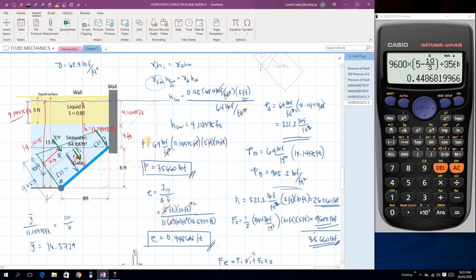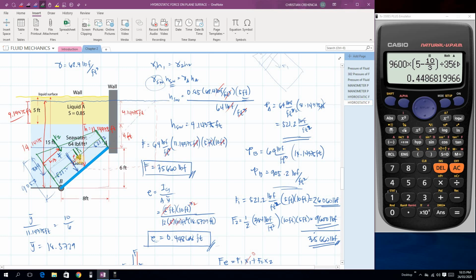Isa pa sa pwedeng solution dito is kung ayaw mo na mag-convert itong liquid A, ko-convert mo pa yung liquid A doon sa equivalent niya na height ng seawater. So, pwedeng hindi mo na gawin yon. So, ang mangyayari nga lang yan, so again, itong triangular load is galing dito sa may depth ng liquid from the top of the gate. Okay. So, ito yung triangular load na yan. Pero yung nasa ibabaw niya, so dalawang liquid yan. So, technically, parang ano to? Para tong dalawang,